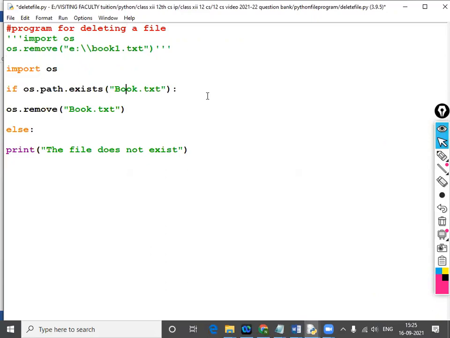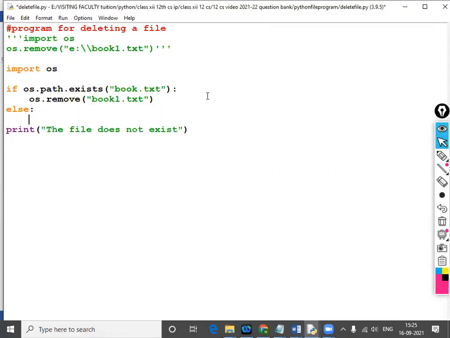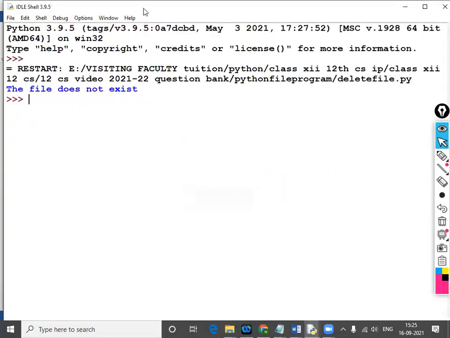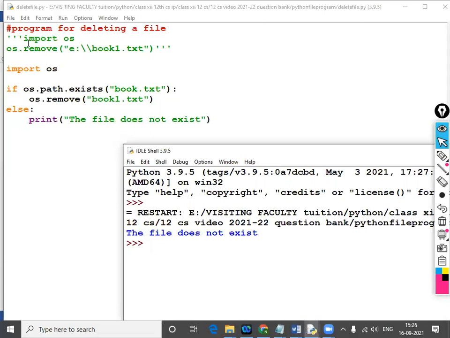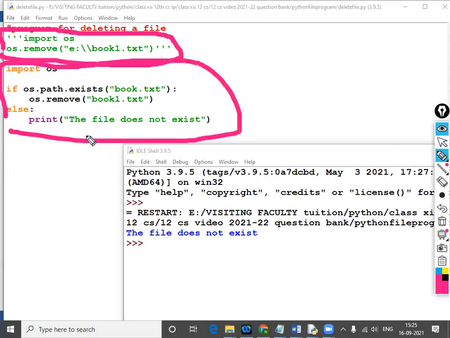Book one dot txt is not there, वो file है नहीं अब. Else, file does not exist. ये message आना चाहिए. That means error is not showing. In this situation, if file does not exist, the program will compile and this message will show. Now suppose if file is there,